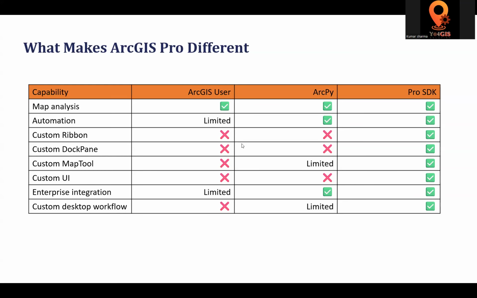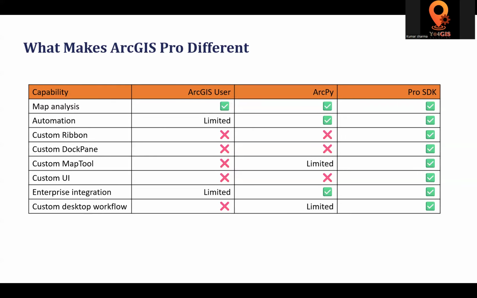Custom ribbon, you cannot develop using ArcPy. Custom dock pane, you cannot develop. Custom map tool, there is a limited option. Custom UI, you cannot develop. Enterprise integration, you can do. Custom desktop workflow, there is a limited option. But overall, if you see,